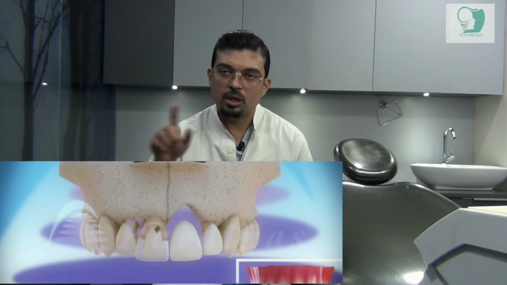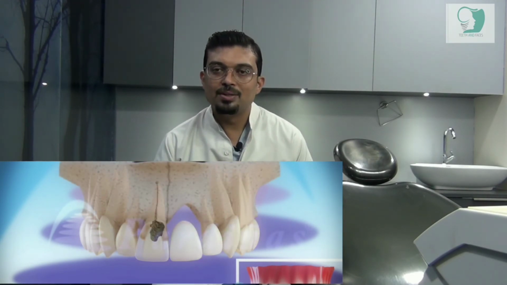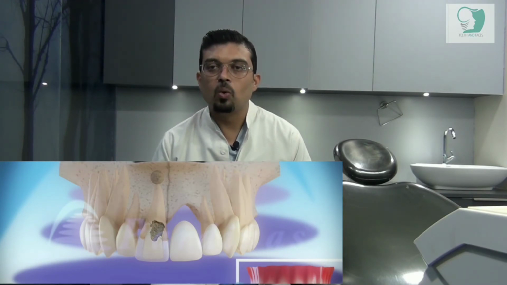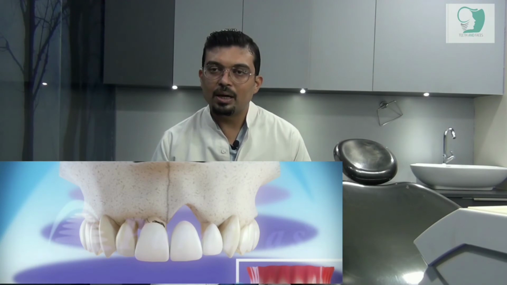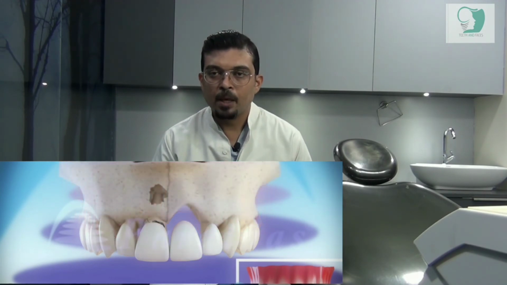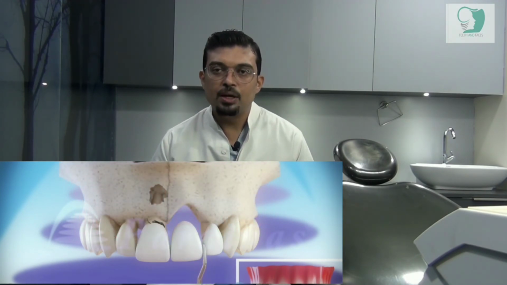Food accumulates there, it causes cavity, the infection goes inside the tooth, it may cause an infection around your root, which may require root canal treatments or extractions, or the dental structure which is holding your bridge is destroyed so badly that it cannot hold your bridge now. You have to remove the bridge and get a new bridge made, which is a longer span bridge. For replacing a single tooth, you require a 3-unit bridge, but for replacement of 2 teeth, you may require a 4-unit or 5-unit bridge. So you lost your existing bridge, and you made a new bridge which is longer